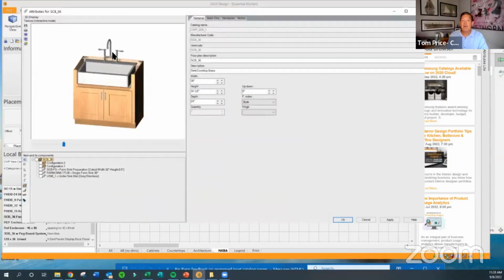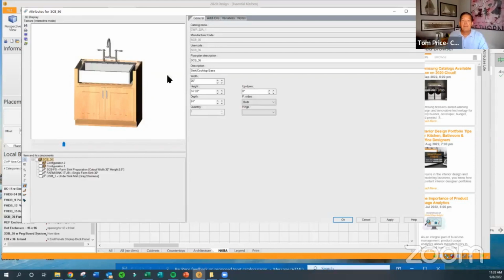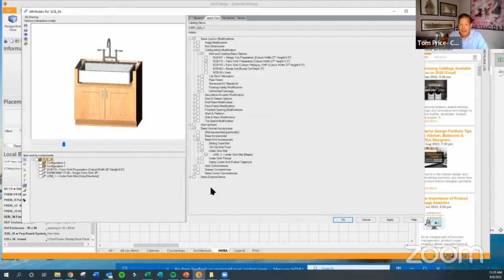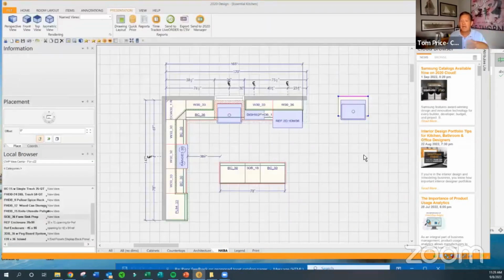I even put a nice bridge faucet, because sometimes the faucet that comes out of the sink just doesn't look right. But there's multiple attachments on here that you didn't have to create. It was done for you. It just saves you time. I only did a 36 because it was the first time we were creating this. But if you said, hey, I'd like to have a 30 and a 36, whatever you're using